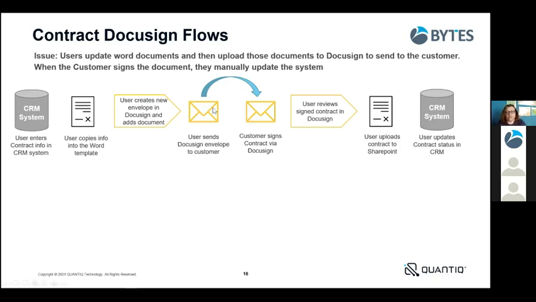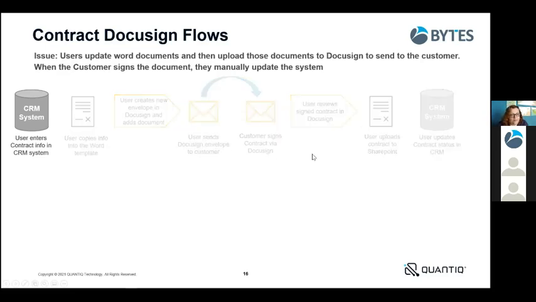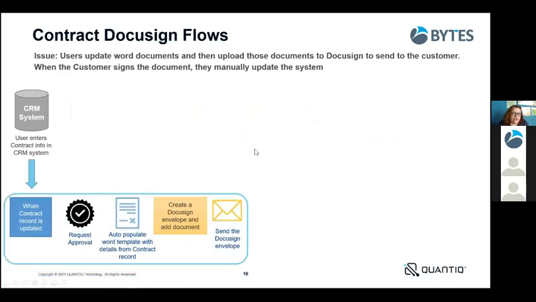So they're using DocuSign, they've got some automation in there already, but the bits that are linking to the systems and the uploading to SharePoint is all being done very manually. So we've replaced this with two separate flows. So the first flow says, when the CRM record's been updated, first of all, it goes away and requests approval